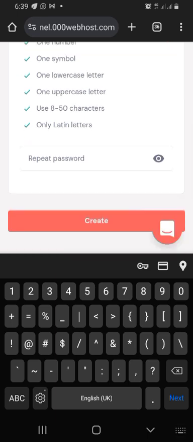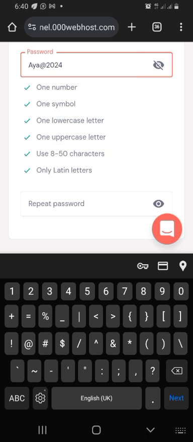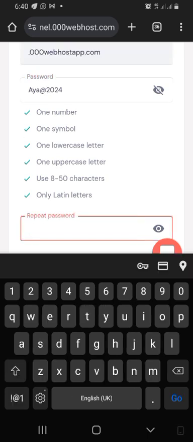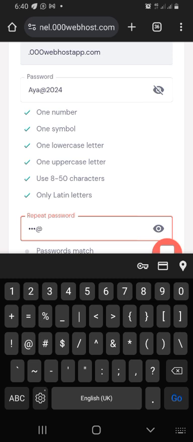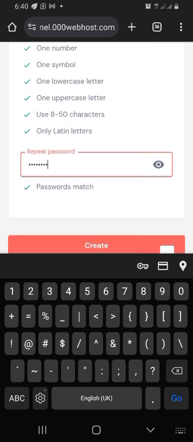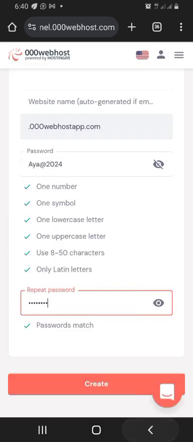Then at the top where you see 000 web hosting, there is another box where you are going to write the desired name that you want to use. Once you have written your desired name, and written your password, and confirmed your password, that is when you click on create.